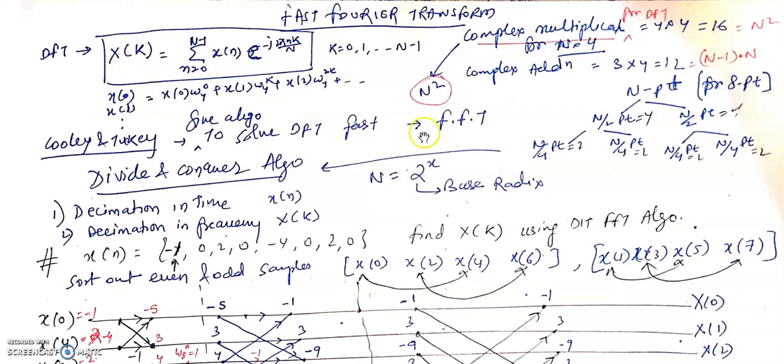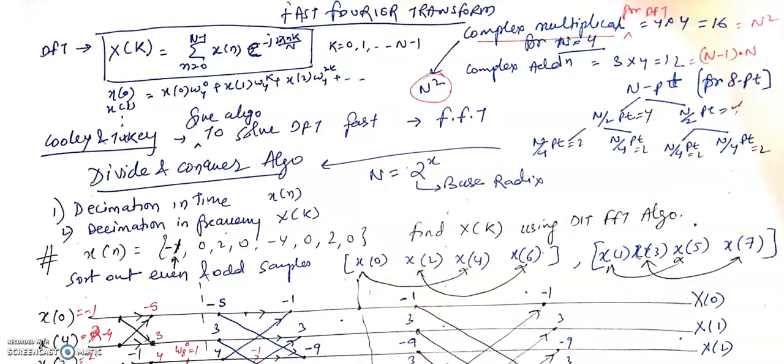This algorithm is actually a divide and conquer algorithm. It breaks the N-point DFT into halves, and then again into halves. For example, for an 8-point DFT, the 8 points are divided into two 4-point DFTs. Then they are further divided into 2 and 2, and a 2-point DFT can easily be calculated. In this way it is done. It will be clearer after seeing this example.